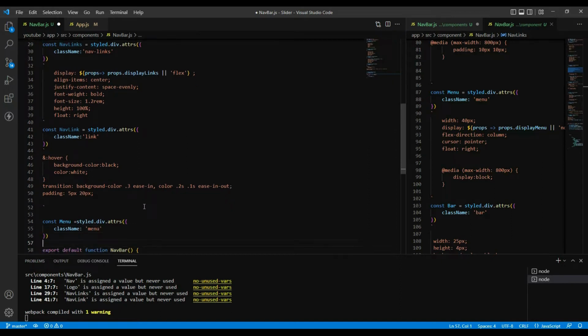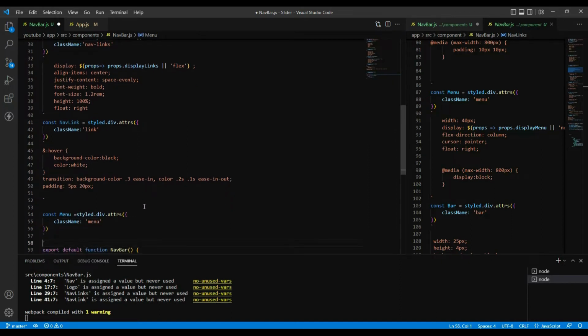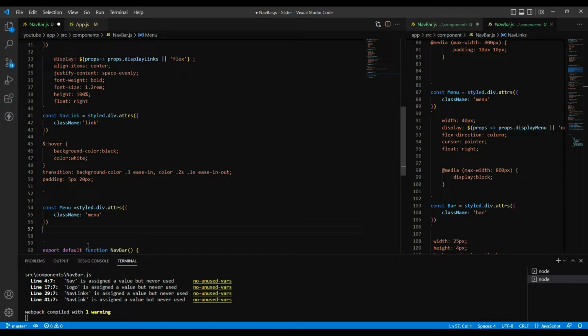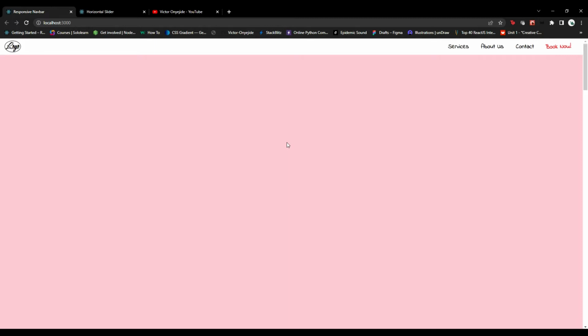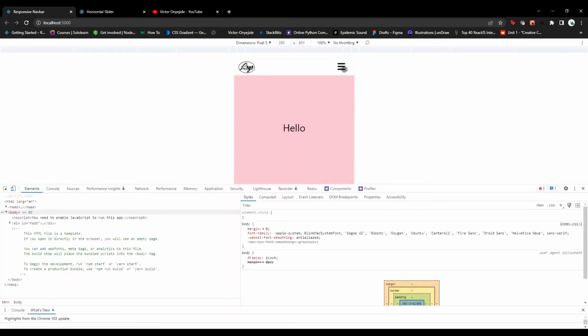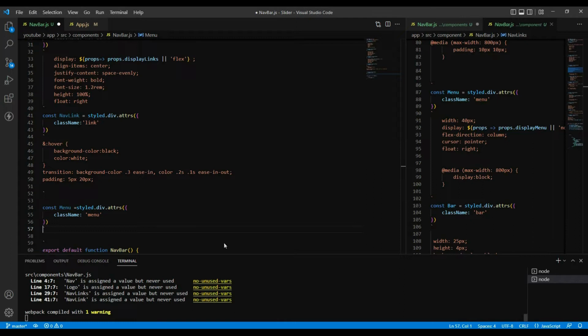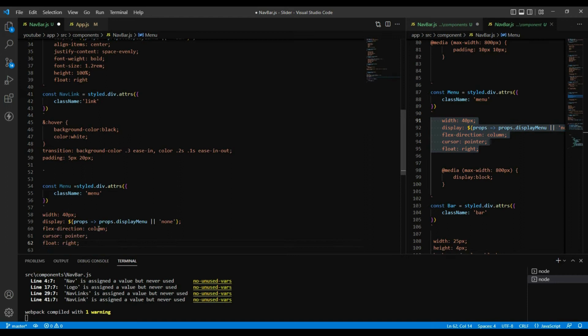So that's this. When you go to the phone view, this right here, that's the menu. I click on this and you see the navigation. Okay, so let's copy and paste that. Ctrl Z, Ctrl V,